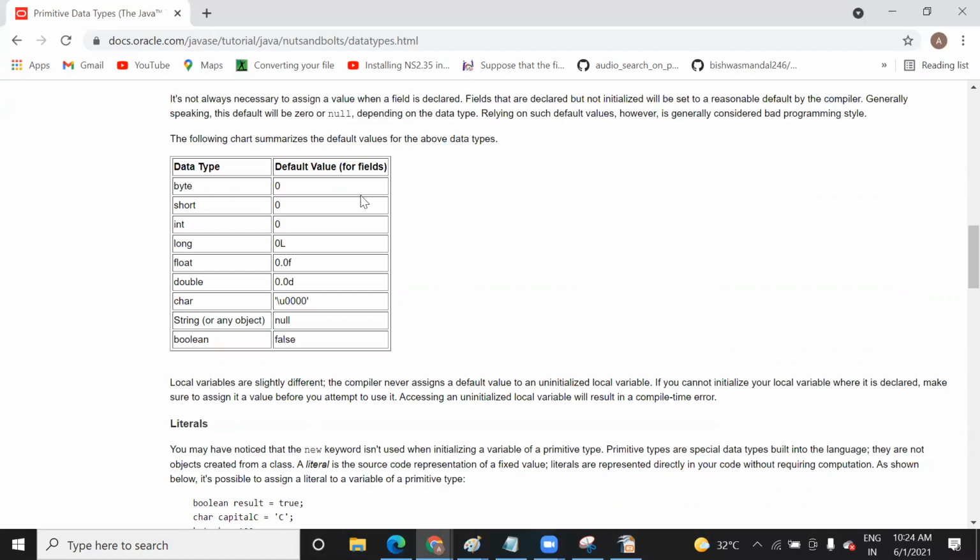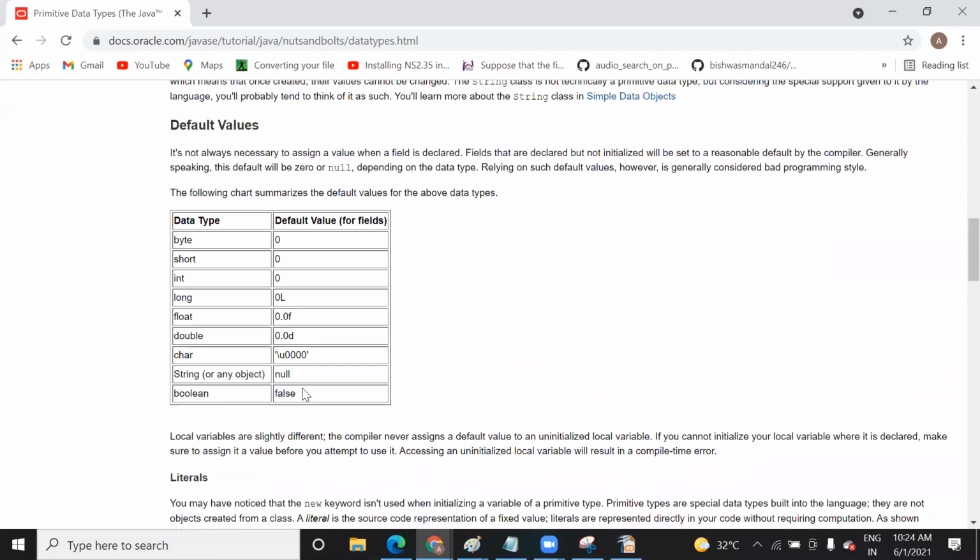For string, it will be null, or for any object it will be null, and for boolean it will be false, because zero is false and one means true.